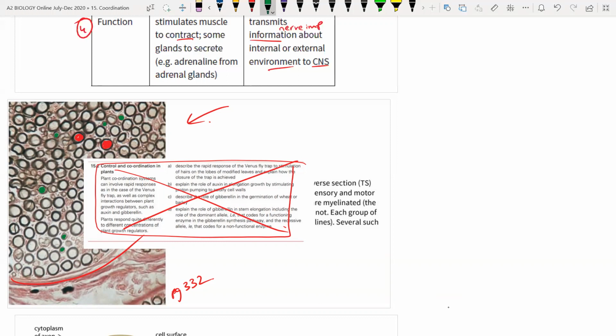Ye nerve isliye hai because it is a bundle. You can see this is a bundle of neurons. And you call the bundle of neurons a nerve. So this diagram is a photomicrograph, a transfer section of a nerve, and you can see axons of sensory and motor neuron in the cross section. और ये जो मोटा वाला dark area आपको नजर आ रहा है, this dark area is basically representing the myelin.